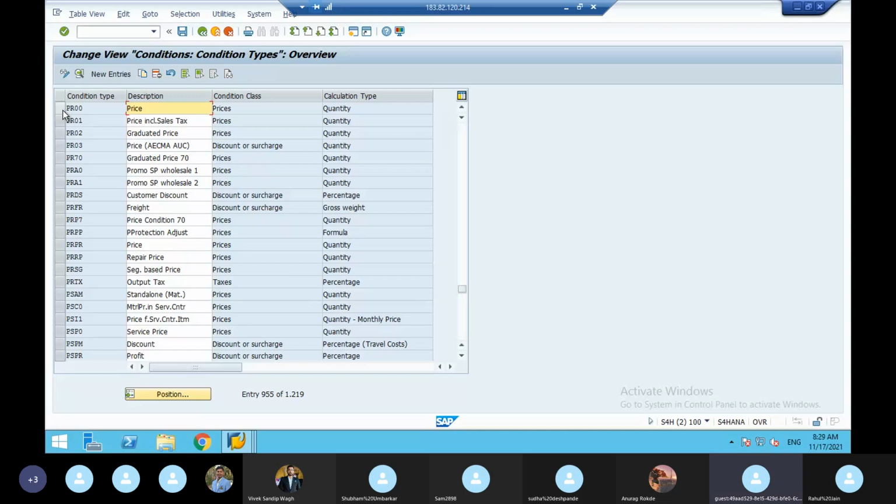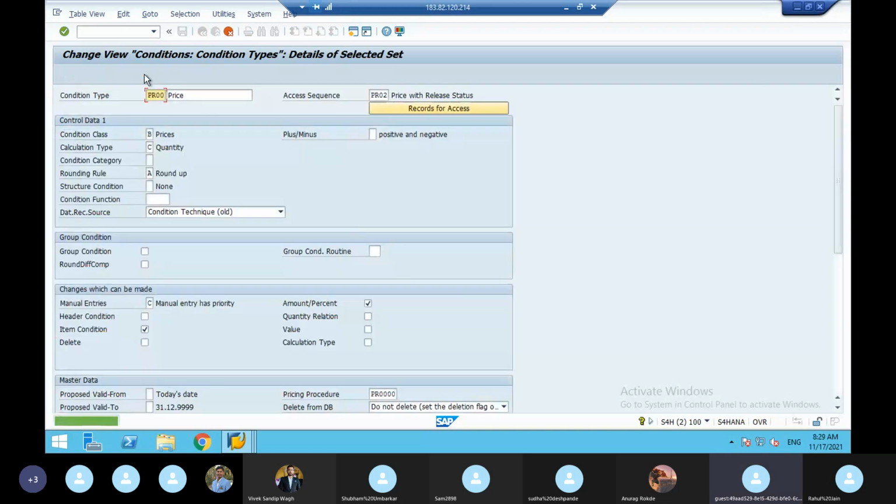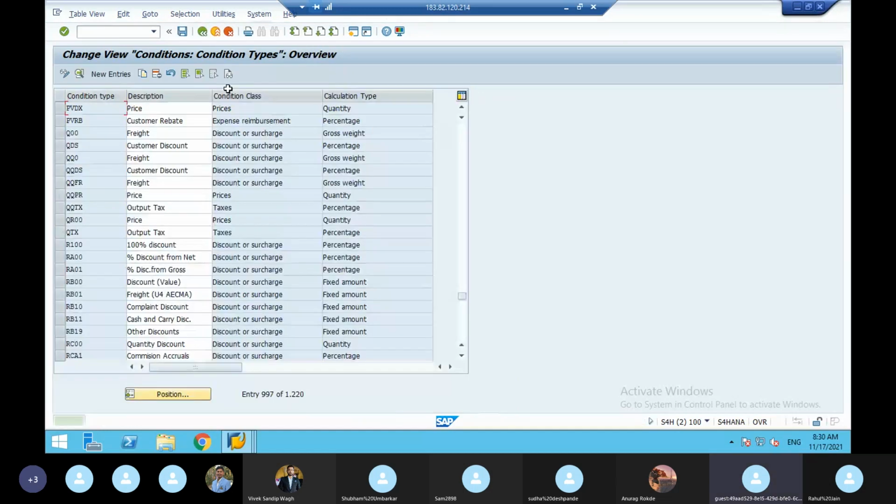So here I'll maintain something: PVDX. This is one price. Here I maintain one access sequence PVD. Okay, I maintain this and save it.